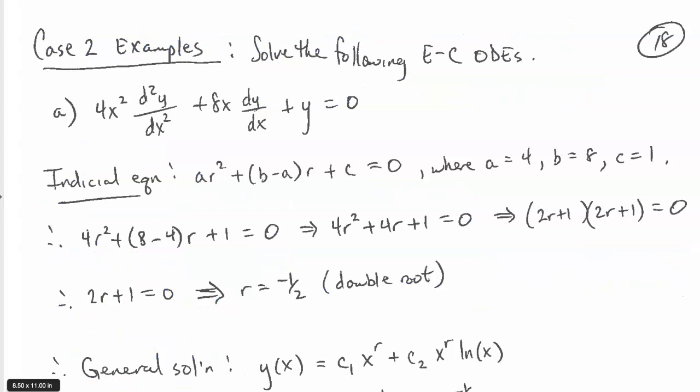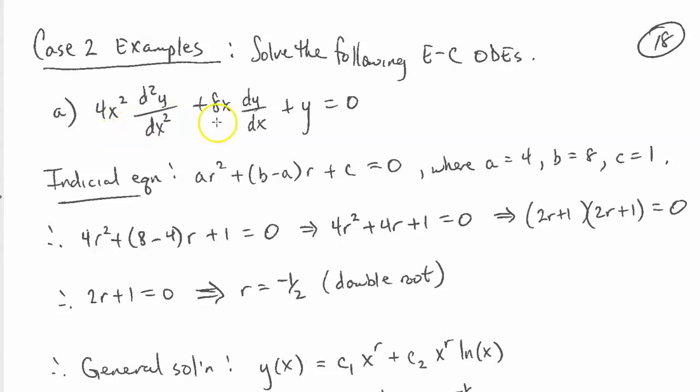All right, so now let's get into some case 2 examples. And remember, case 2 is a situation where the discriminant is 0 for these Euler-Cauchy equations. And because of that, we just have one root that is a double root for the solution to our indicial equation. And because of that, we have to use reduction of order. Well, we could use reduction of order, but since we already know what the second solution is going to be,